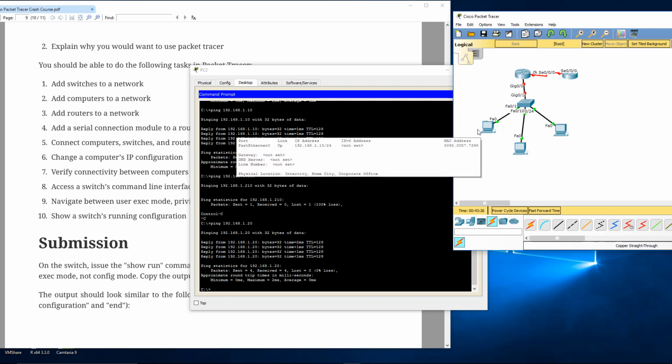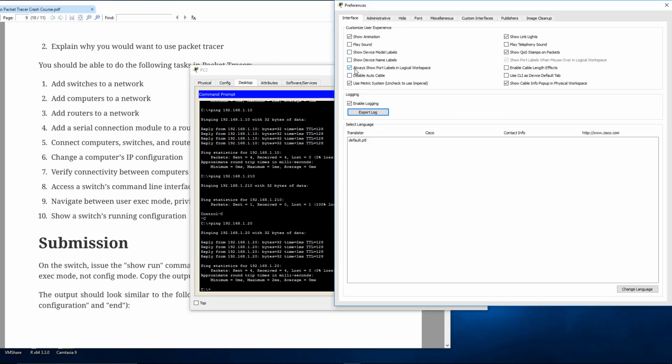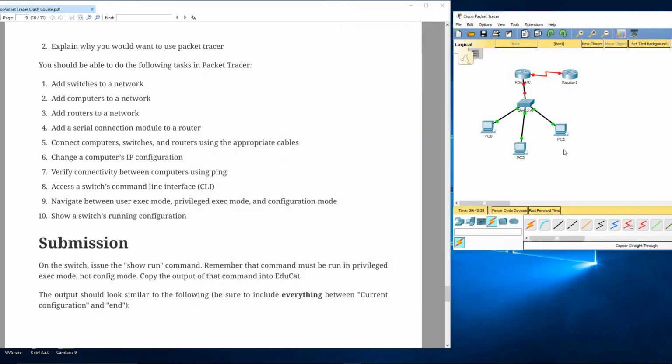Some other bonus stuff I'll talk about here. I'm going to come to these preferences again, and I'm going to hide the port labels for now. I'm going to show the device name labels. Let's say I don't like PC 0, 1, and 2. I want to change those. Well, you can click on that label and you can change it. So I can call this computer A. I can call this one